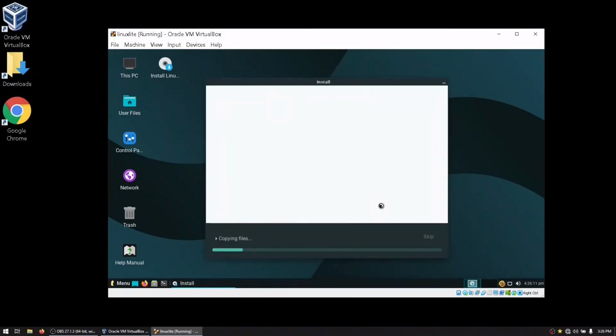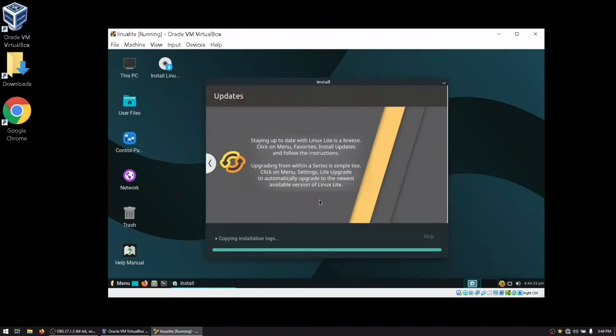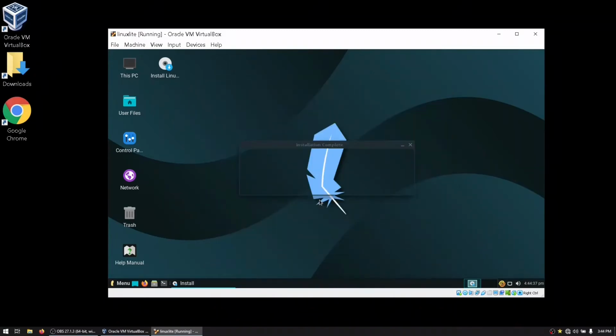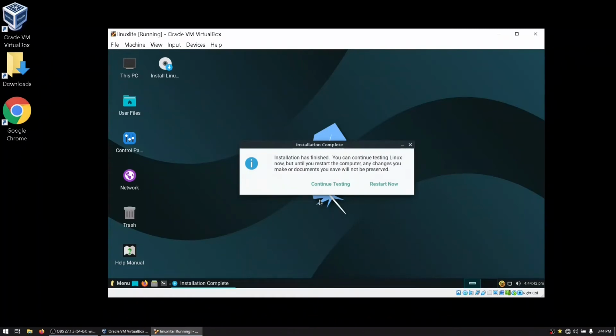And it's copying the files. Let it copy and we will come back when it's finished. So installation has finished. Restart now or continue testing. So if I restart now,